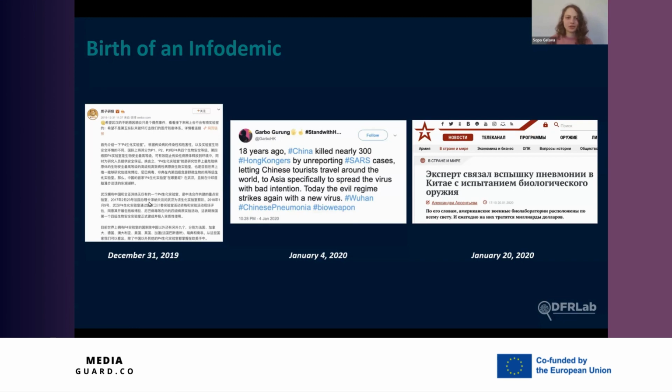Then the earliest mention of this conspiracy in 2020, which our team found, was January 4th on Twitter. And it was interesting that this COVID and the previous virus, SARS, were discussed together, and that it was artificial and spread specifically in Asia for bad purposes. And very soon in January, again, in like a 2 or 3 week period, we already see that in mainstream media,